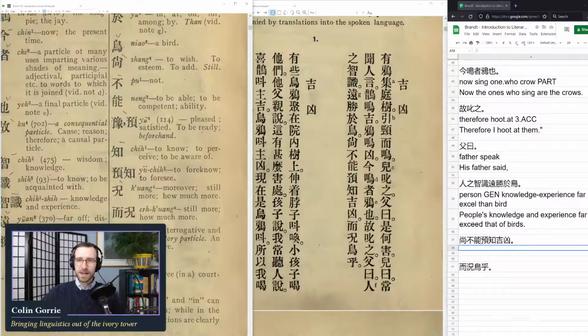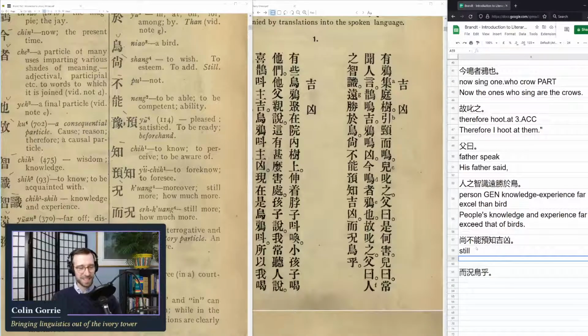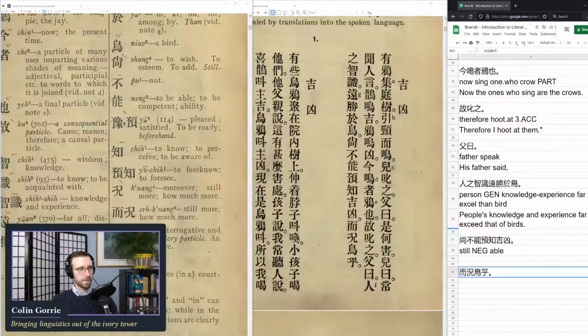What's next? Okay. So we have shang, which, okay, it means to wish, to esteem, to add, and also still. Okay. Let's just write down still. There must be a story there. I don't know what it is, but there must be a story there. Why are all those things written the same? Is it just homophony? Is it some sort of metaphorical extension? Who knows? Still, and then we have this bu. Still, so negate neng, to be able to, bu neng, unable, not able to, yu. And here we have